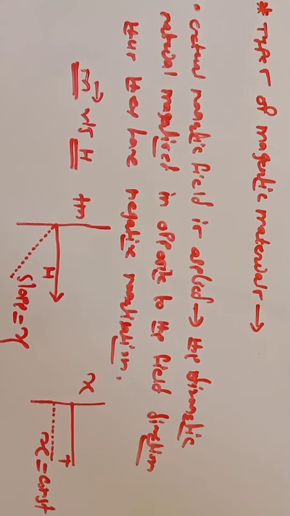From the above two plots, it can be understood that the magnetization is zero when the applied field is zero. So if you consider the field strength here, the magnetization is also zero. But as we increase the applied